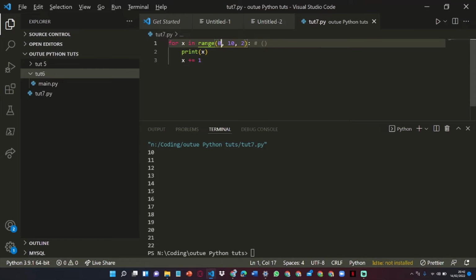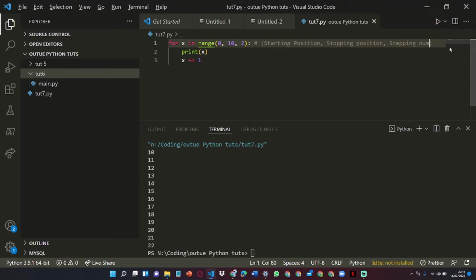So this first variable, this is the starting position. It is the starting position, okay? And then we have our ending position, so our stopping position. So here is our stopping position, and over here we have our steps. So the amount that I'm going to be adding to x each time. So here I'm going to be writing